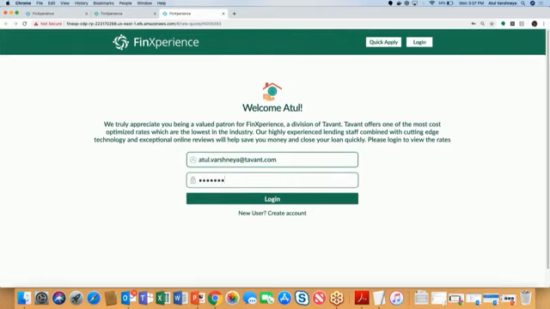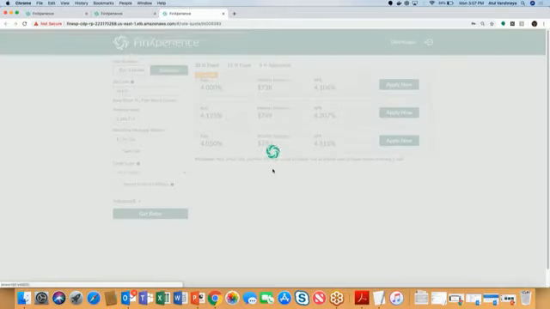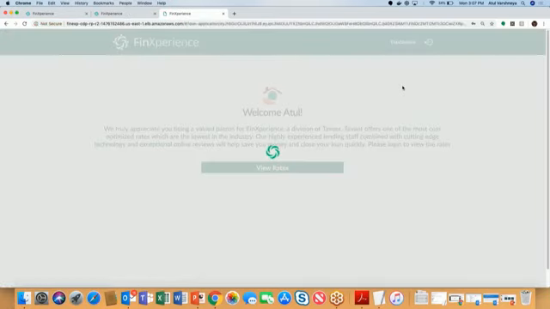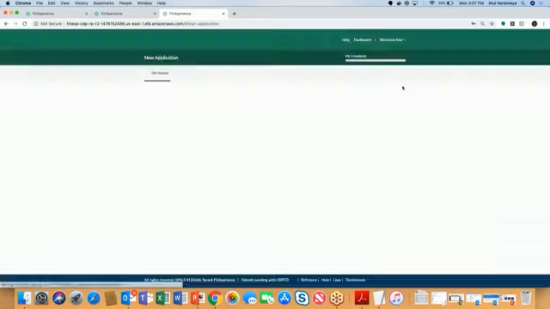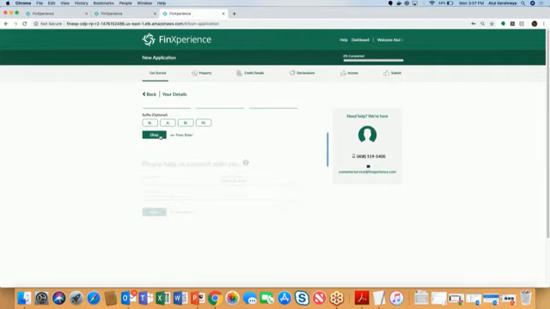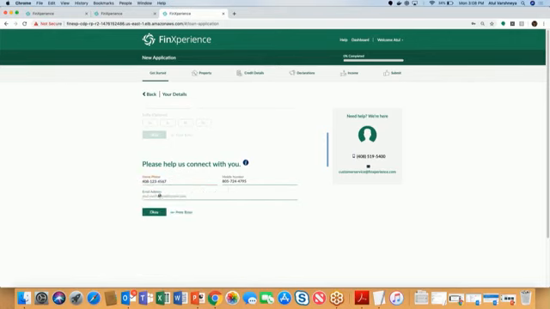So Atul is logging into his account. It basically is similar to what would be for any existing customer for a lender. They would have their online account management credentials. They would go in, they would see the offers available. They can pick the offer that they want to apply with. So that would give them refinance capabilities in real time. Once they select the offer, they can go in and pretty much verify and validate their existing information within the portfolio and go through the entire submission process of the refinance application or the home equity application in less than 10 minutes. So as Atul goes through the process,